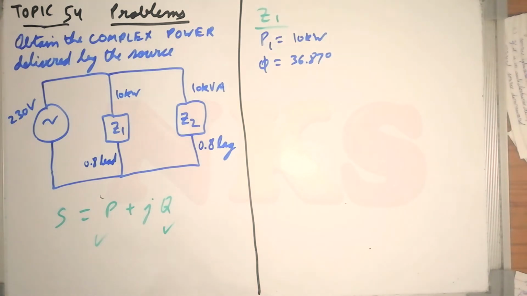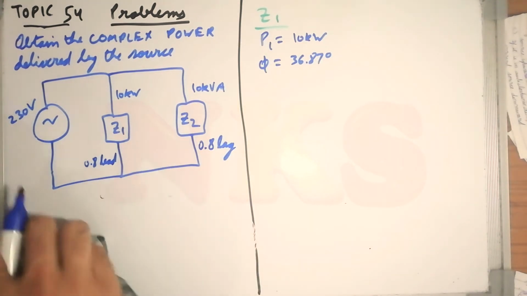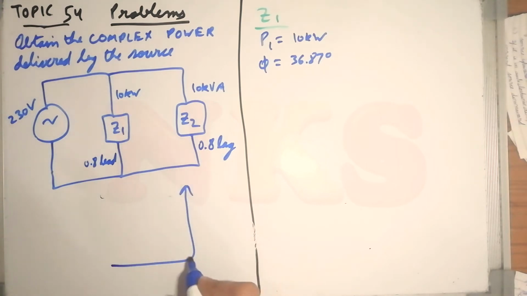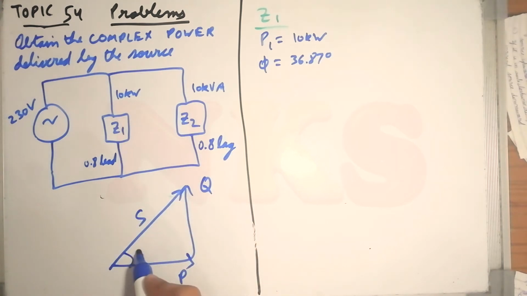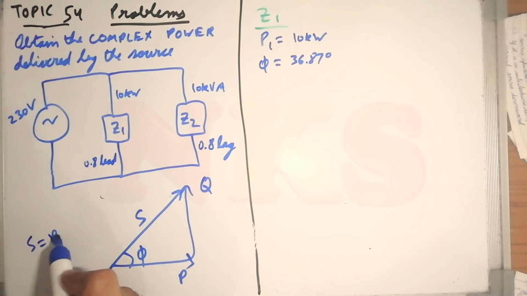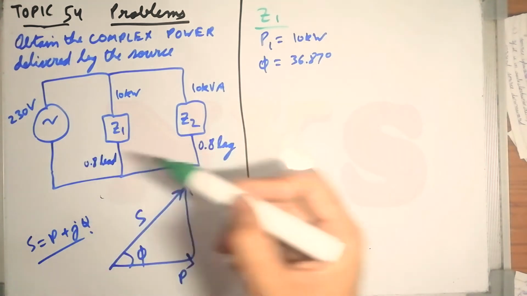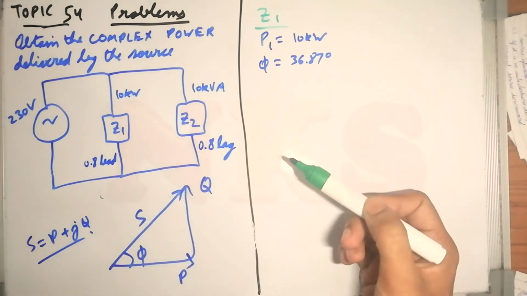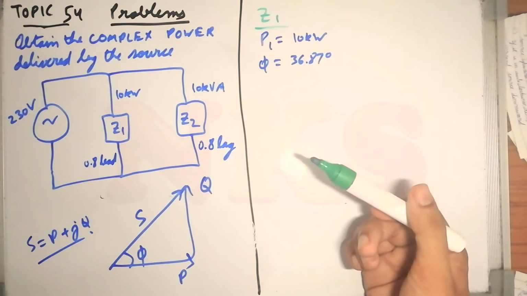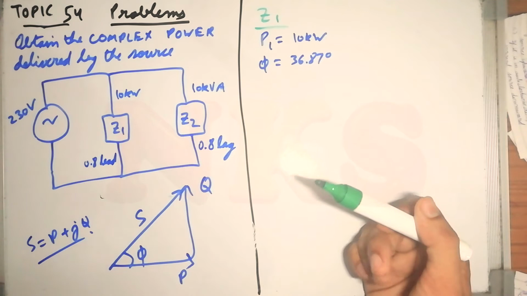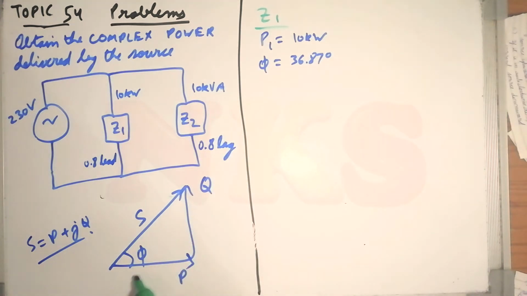Always remember the power triangle for solving such questions. What is the power triangle? This is P, this is Q, and this is our S. This is the power factor angle, that is phi. So S is equal to P plus jQ is the relation. The important thing is, P1 is given, phi is given, so I have to find the Q1 for this load. And it is leading. I have already told you that with reactive power we follow a convention that for a leading load Q is negative. So we can find Q using this triangle.